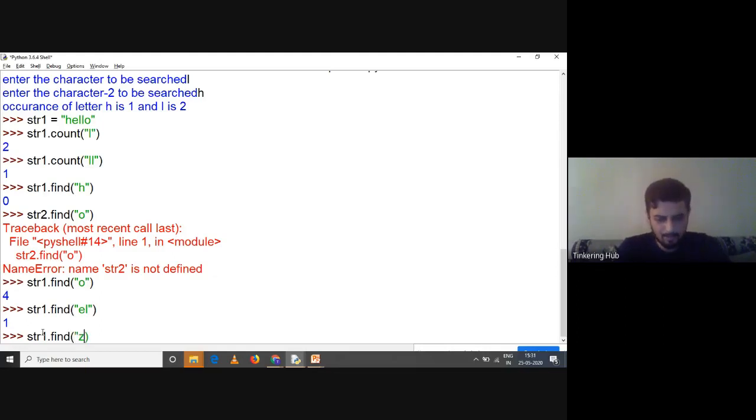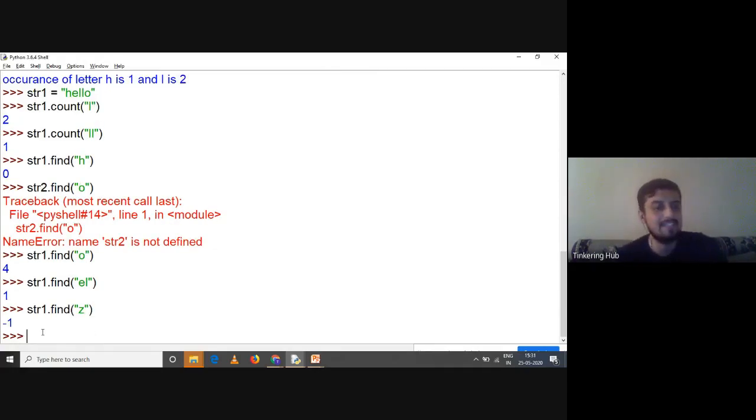Let me call it with z. Z is not present in the string, right? It is returning -1. Understand this, when find returns -1, it is not a negative index. It says that the substring is not present in the string. That's why I've given you a very specific example. When you use find, it is not a negative index. It is just saying that the substring is not present in the string.